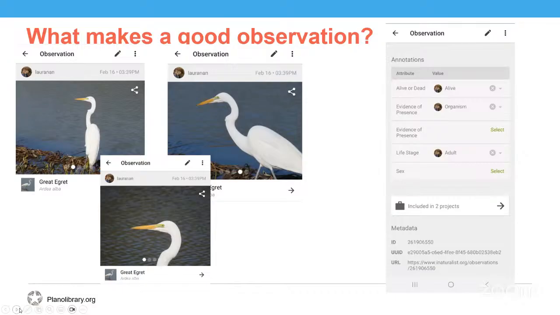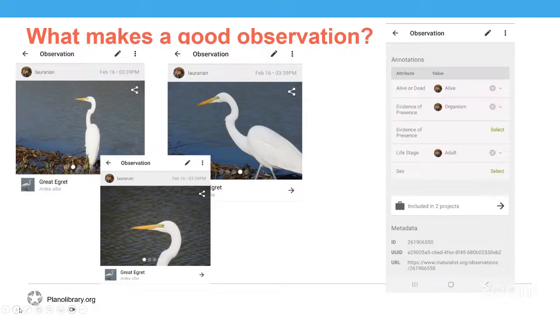So in this observation of a great egret, you can see that I took the picture as I approached him. I also made sure to include pictures that showed his breeding plumage. It's called an aigrette, which is French for egret, and his green lores, which is the skin between the eye and the bill. It only turns green during breeding season. So you can see this was mid-February and he was already gearing up to breed. And of course, never get too close. You never want to handle an animal.